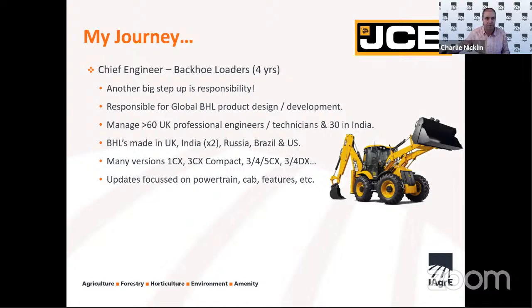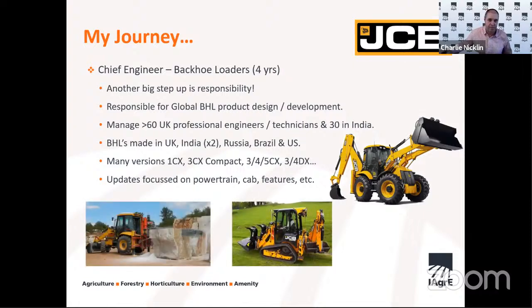Really, really popular product. Lots of different versions, a little 1CX right up to the big sort of 4DX there. So it's a huge range, really, even though they all look very, very similar. And during my time there, a lot of the focus was on powertrain and cab because it's a very mature product. But you do get involved in conversions. Probably one of the biggest customers around the world